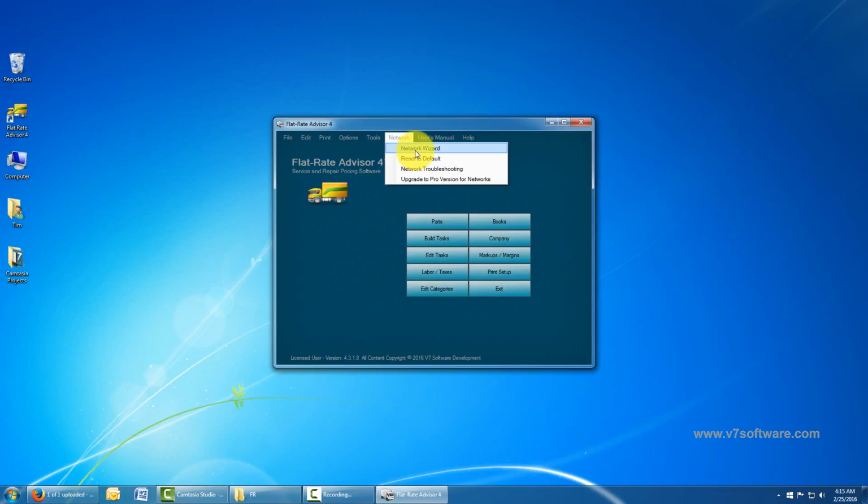Network Wizard, you would use that if you purchased the Pro version for networks. Reset the default will reset your network to the default settings, reset the connection. Network troubleshooting, and upgrade to Pro version for network, user's manual,